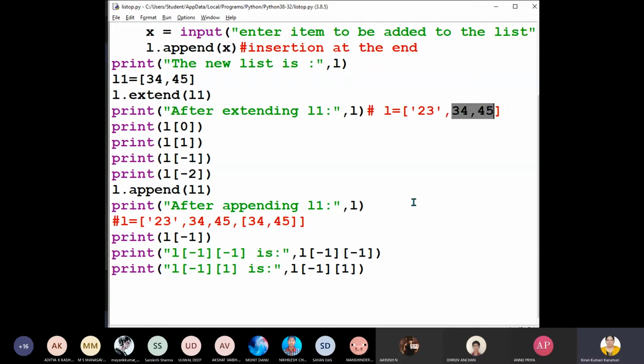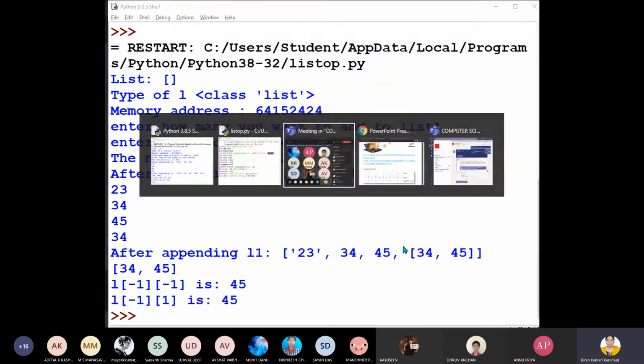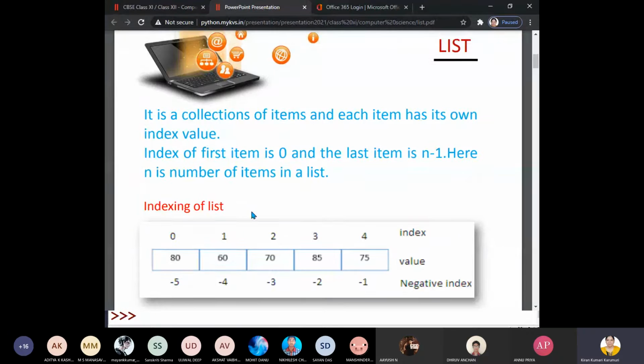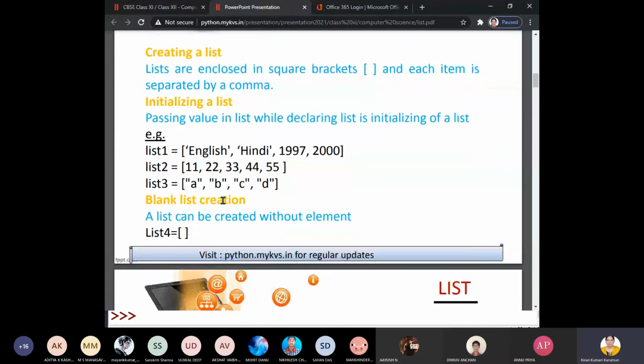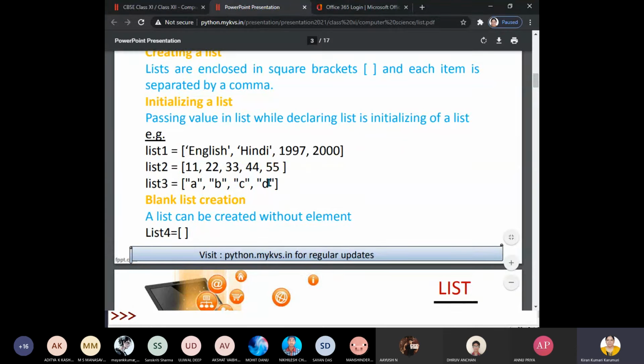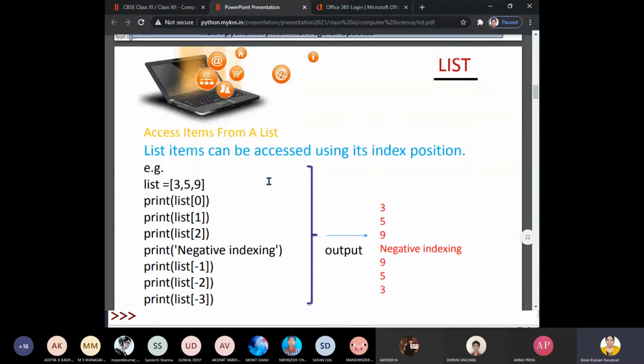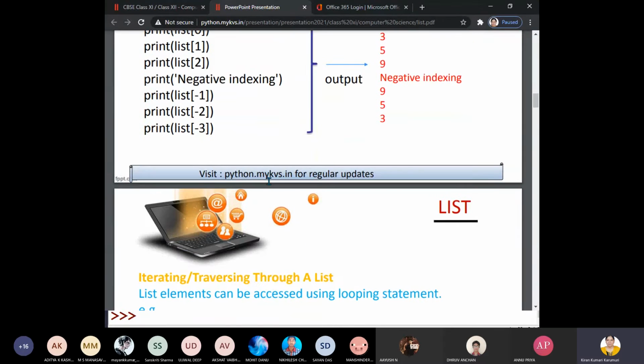Is it clear to everyone? It is very, very important, children. Many a times it was asked even in the final examination, even in the CBSE board examination. So the difference between append and extend.